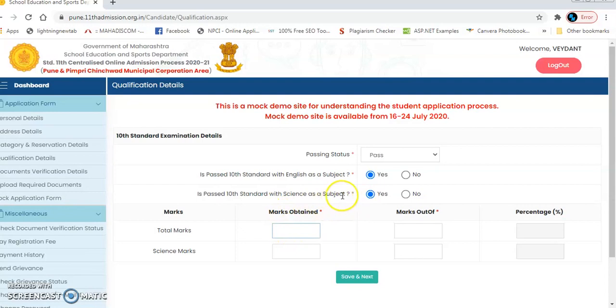Here I have clicked yes on the science subject, so it has opened a new tab for science marks. So you have to add the total marks. Here for the state board you have marks out of 500, so you have to select the best of 5, and only those marks you have to write over here. Students seeking admission from other boards need to convert their marks, and only out of 500 they need to write down the total marks. Then accordingly the percentage details are the same for the science subject.